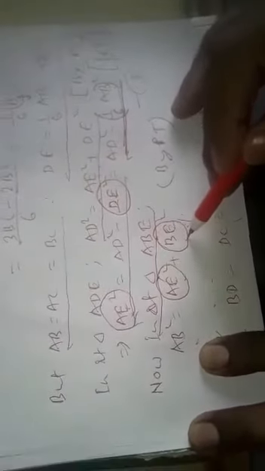So we have the relation AB square is equal to AE square plus BE square in right triangle ABE. But we can substitute the value of AE square from equation number 3, that is equal to AD square minus (1 by 6 AB) the whole square, and this BE can be written as half of AB. Now AB square is equal to AD square minus 1 by 6 AB square plus 1 by 2 AB square. This has been obtained from here.